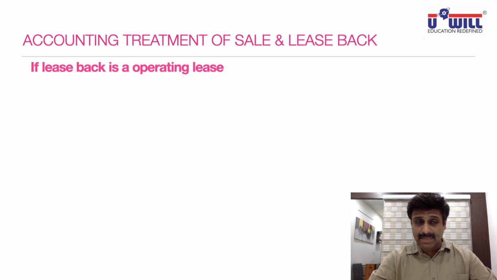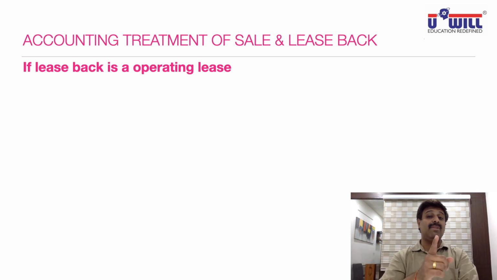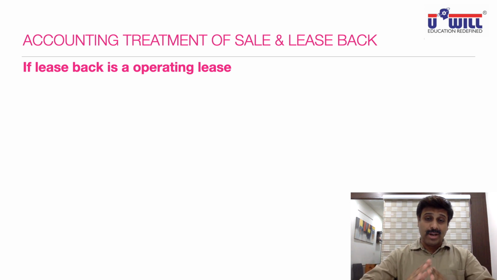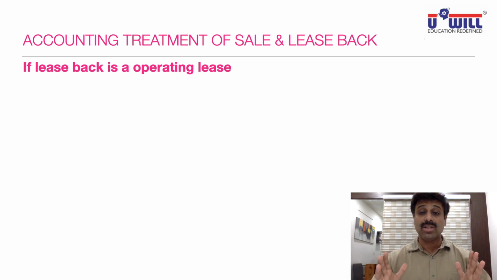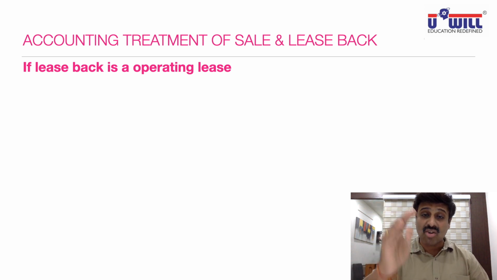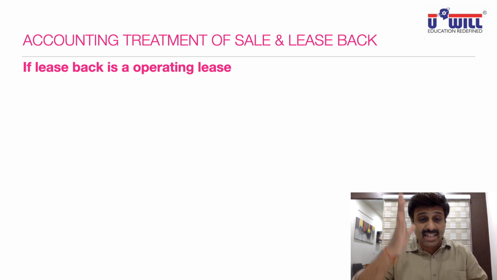Now the complicated part, accounting treatment of sale and leaseback if the leaseback is operating, like that house example I gave you. A 5 crore house, you sell it, then you take it back on lease. Now you are obviously not going to use the house for its entire life. You may be alive for 10, 15, 20 years maximum. You use it for that, then that person will give it on lease to someone else. But you get good value of that house, 5 crores. And you stay in that house till your death, and you don't need that house after your death. There is no nominee to enjoy your wealth. So it's a perfect decision you can take: sale and leaseback, operating lease in such situations.